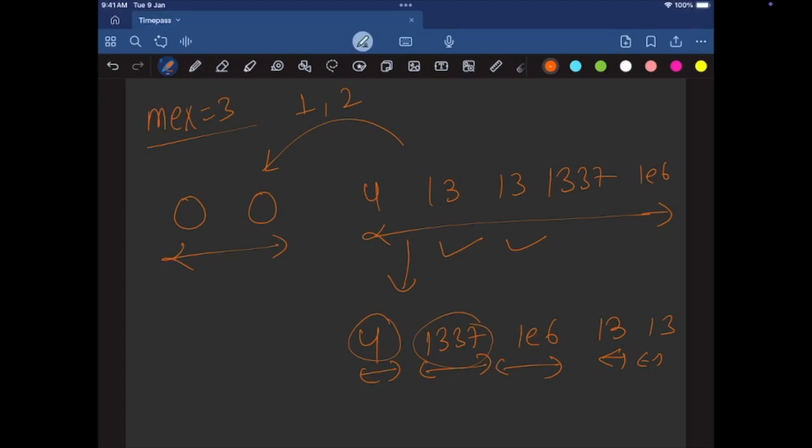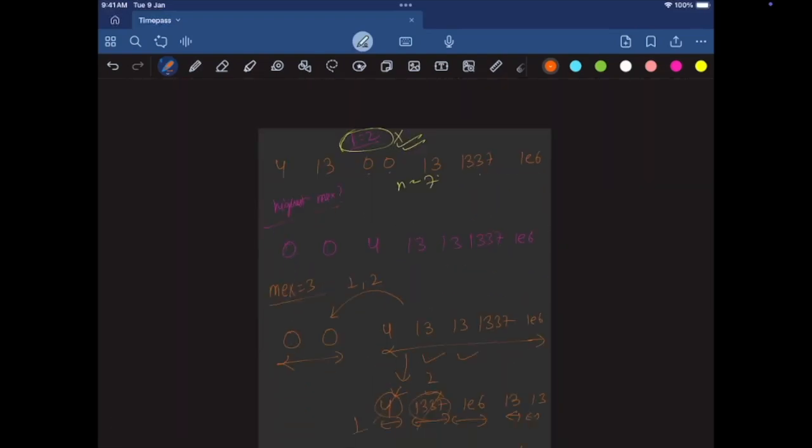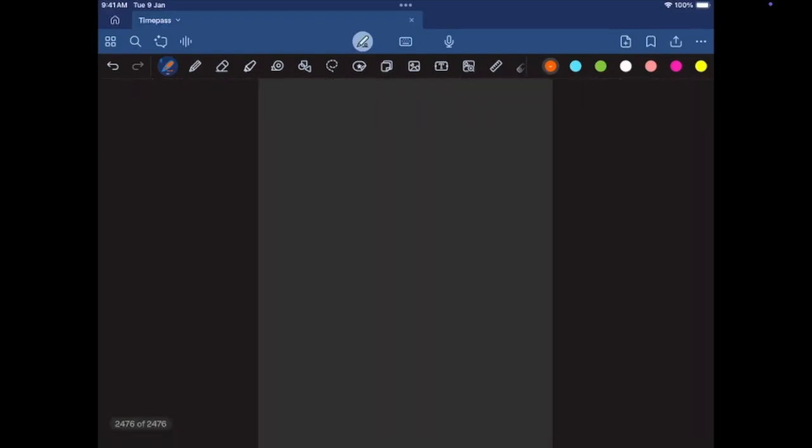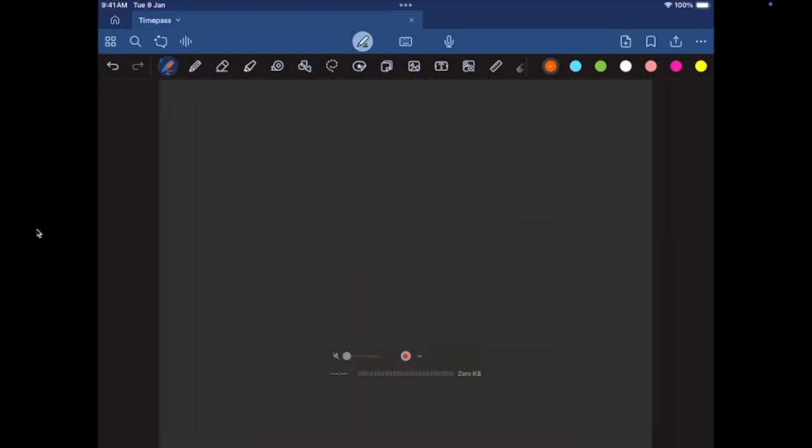So I have chosen starting k numbers, made them 1 and 2, and so our array becomes 0 0 1 13 13 2 and 1 is 6, and our final answer will be the difference: 0 1 2 3 4, yeah, total 5 unique numbers, and mex is 3, so my final answer is 2. Yeah, so this was pretty much the logic of the problem, and now I'm going to